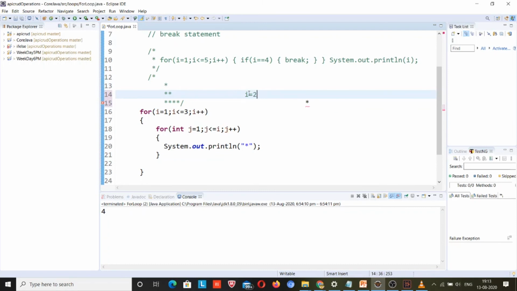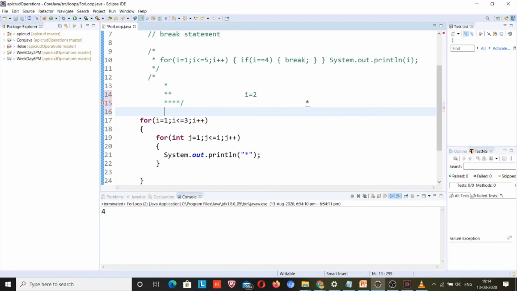2. So if the i value is 2, then j is assigned, j is equal to 1, the condition meets because 1 is less than or equal to 2, and it will print a star. Again it will run and print, because the i value is 2, it will print another star, but not this way, because here I have to remove this println.